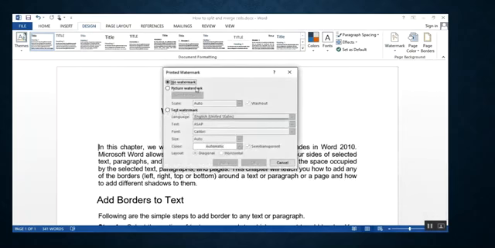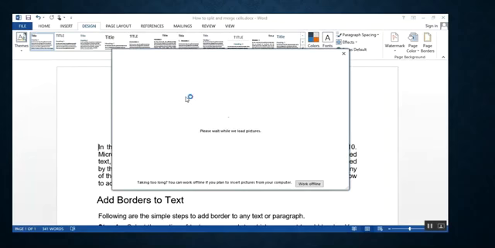Go to Custom. A dialog box will appear. Click on Picture Watermark. You have to select the picture.